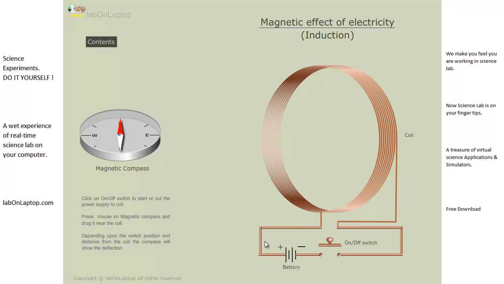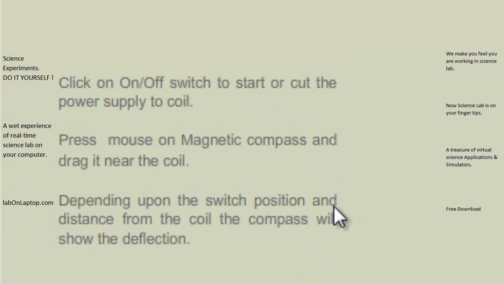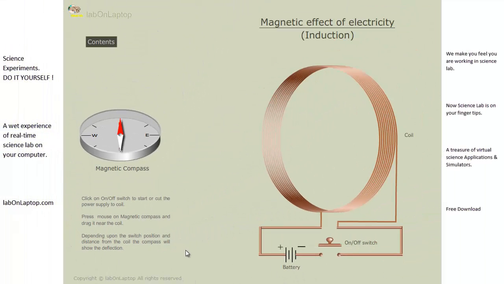A battery is joined here with this coil. So this is the objective, and for that we need a compass and a coil. The whole procedure is given here, how to perform this software. You can read it and learn yourself how to perform it. It's a very simple one.